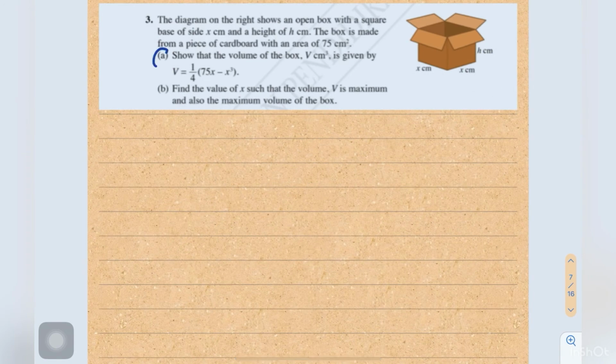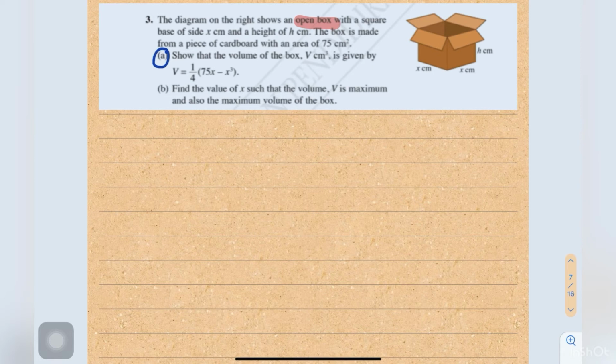Number 3A. The diagram on the right shows an open box with a square base of side x centimeters and a height of h centimeters. The box is made from a piece of cardboard with an area of 75 cm squared. Show that the volume of the box V is given by V = 1/4 (75x - x cubed). First of all, you have to use the information given, which is the total area